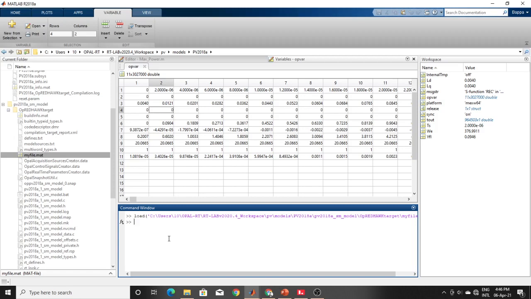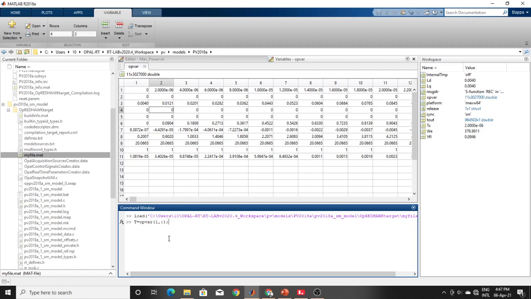I have one separate video on how to draw from the workspace nicely, so I'll just show you a little bit here. Let's say T is equal to the variable name opvar, the first row. These are simple things in MATLAB.